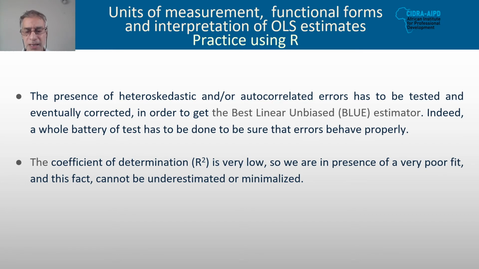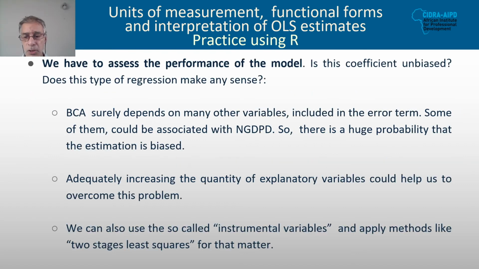We have to check how the errors behave in order to be sure that we have the best linear unbiased estimator for that linear regression. So a whole battery of tests has to be done in order to be sure that we are in that kind of situation. Then we can do the